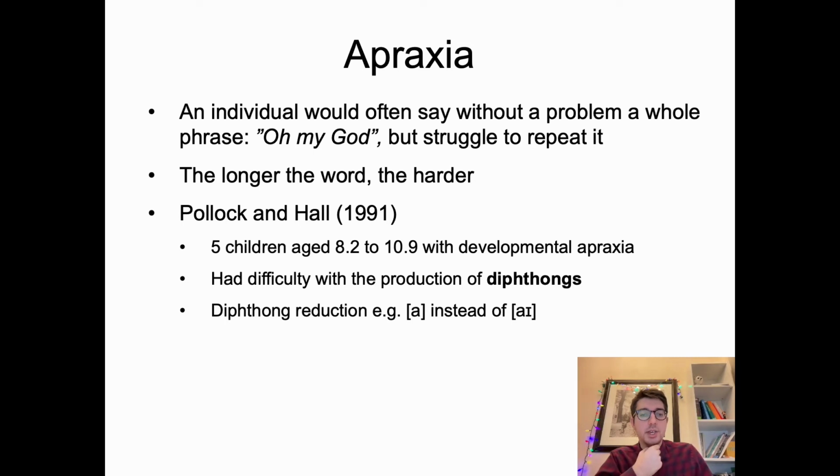And we have a research by Pollock and Hall, whereby 5 children, for example, aged 8.2 to 10.9 years old, had developmental apraxia, and they had difficulty with the production of diphthongs, right? So they had huge difficulty with the production of sounds that combine 2 vowels. For example, they would reduce diphthongs and say instead of I,